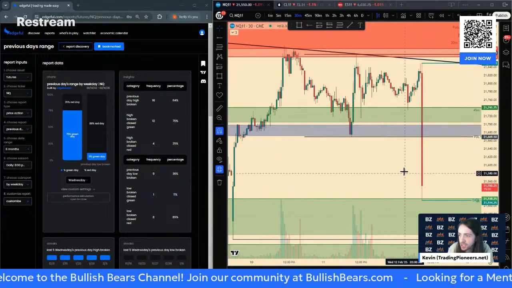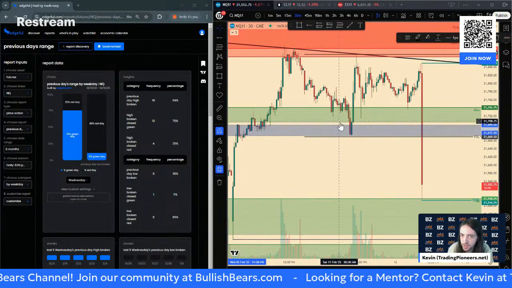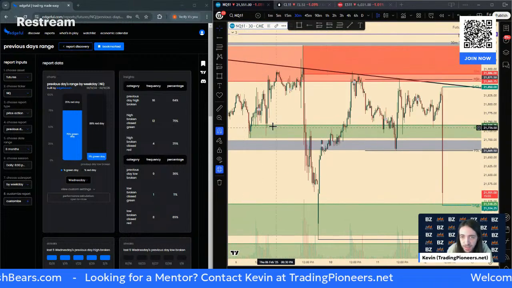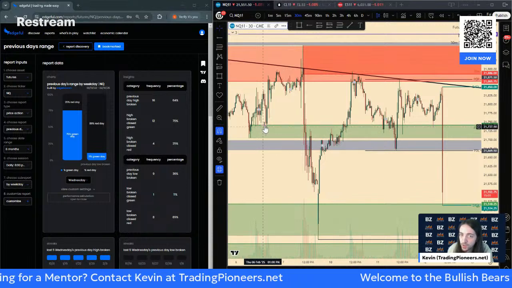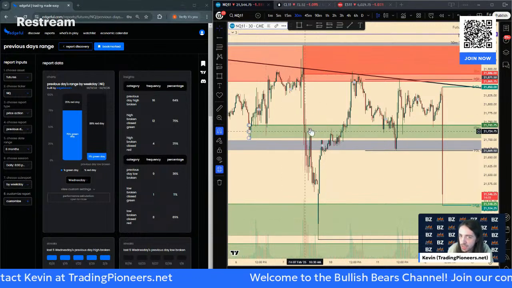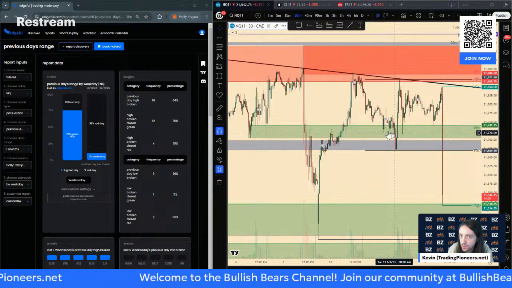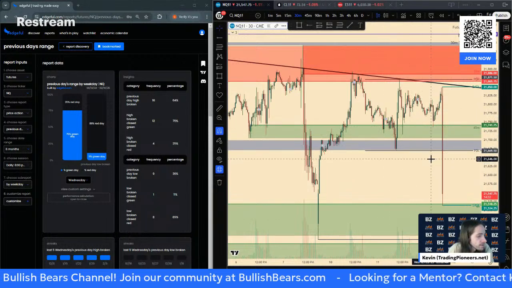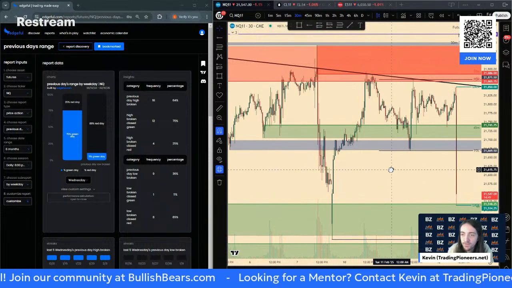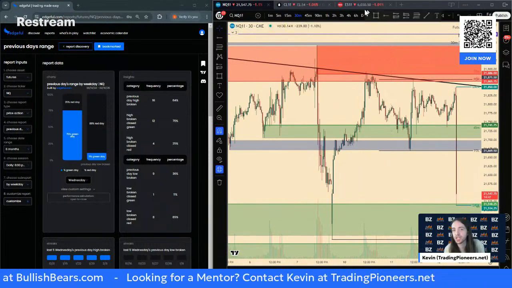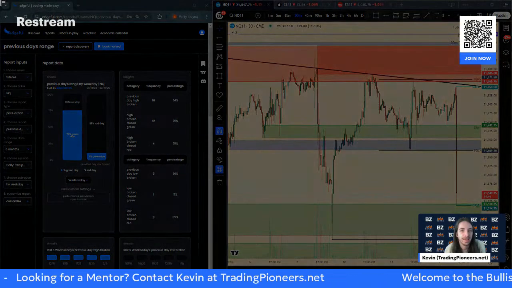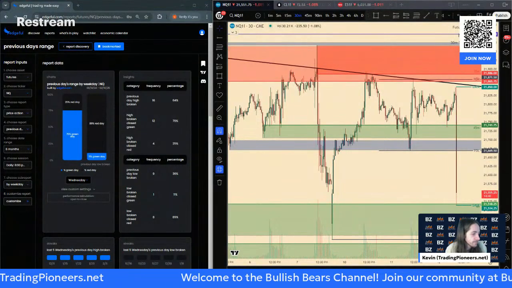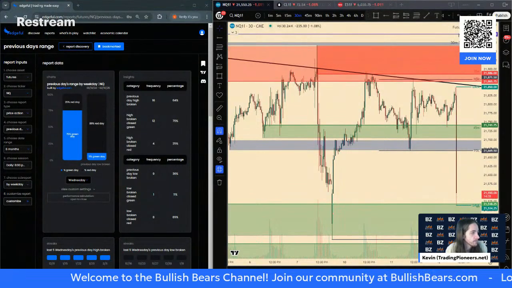So I'm going to stay patient. I'm going to keep these levels, this one and this one, the blue and the green, on my chart, because even though the demand zone was broken, it did hold up as an area of interest, held as support, resistance, support, support. So maybe we come back into 21,725 on NQ for resistance. So let's take a quick screenshot, and that's what we're going to be looking at today because of that high percent chance that we close red.